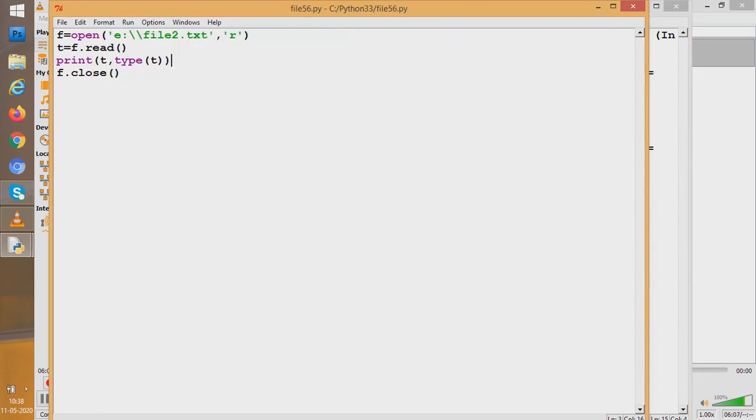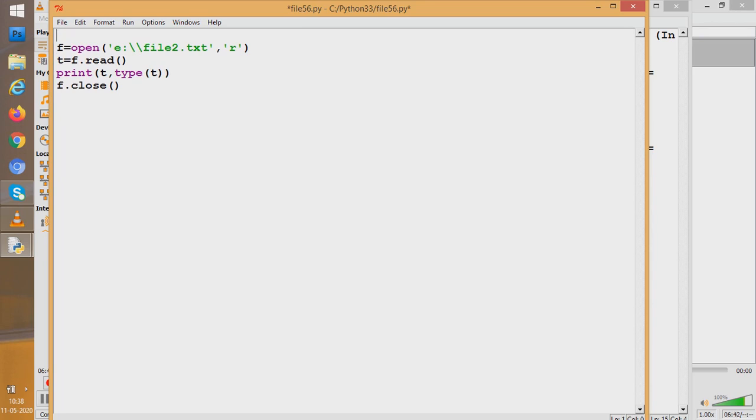So understood, students? Now students, CBSE would not ask you this simple question. CBSE is not going to ask you to display whatever is there in the file. It asks questions of a higher level. What does it ask? The CBSE questions for text files can be divided into three types. The first type: it may ask you to check for a character and give the number of occurrences of that character.